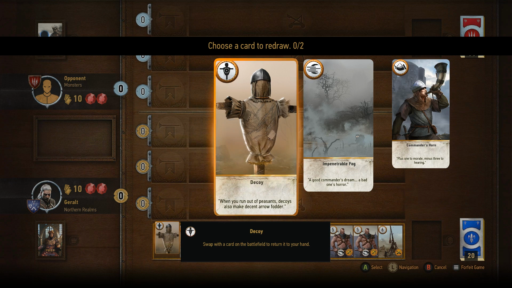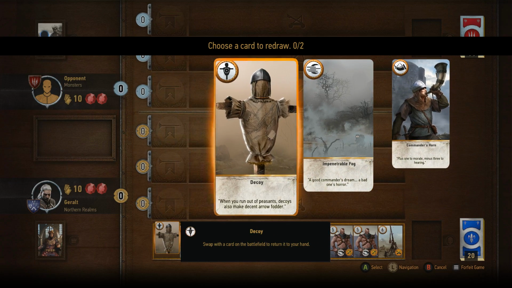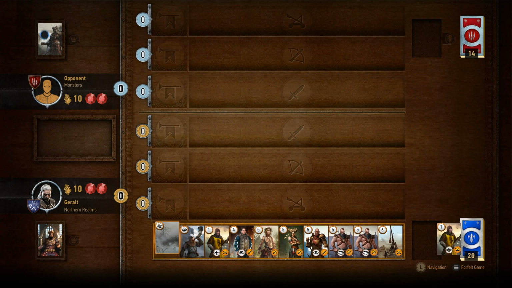So, the goal of the game is to win best out of 3. Means everyone has 2 health points. Once one has 0, the other one has 1. Let me first pick the cards. You can redraw 2 cards. For example, if I don't like the decoy, I just get another card and I can switch another one. For example, if I don't want that guy, I just